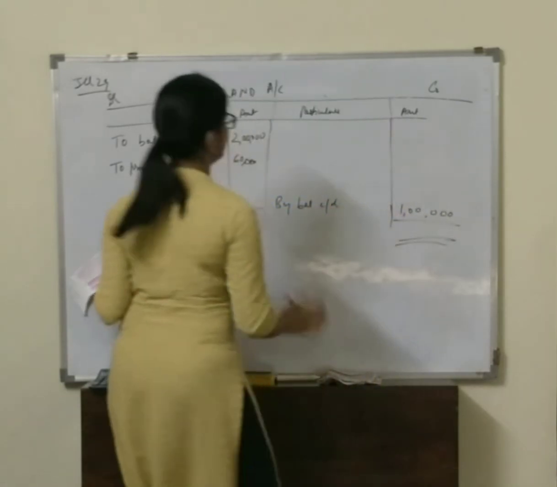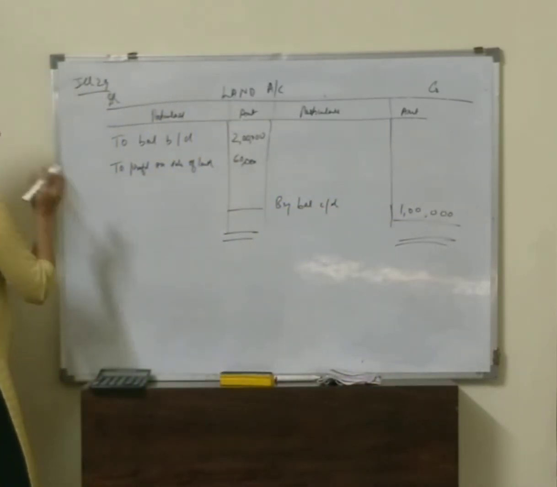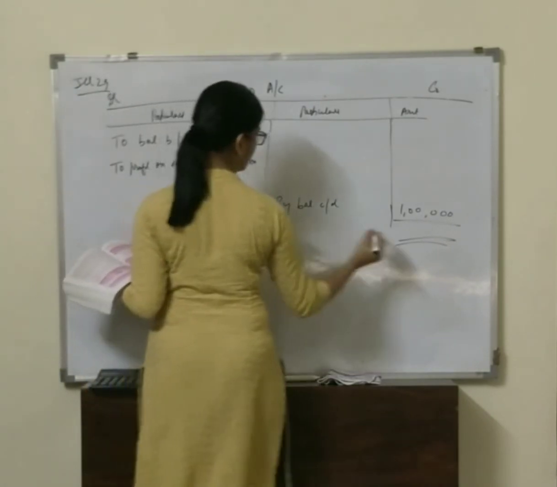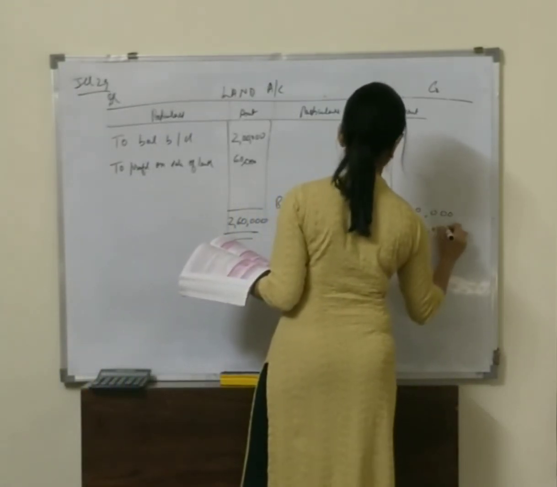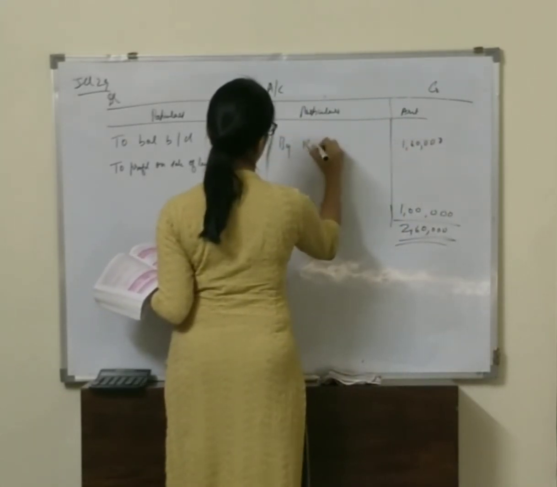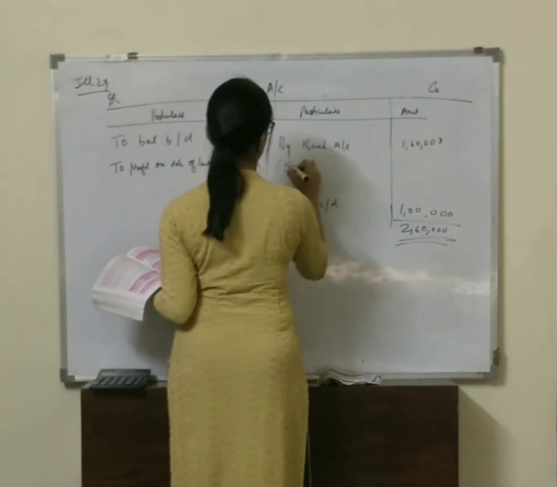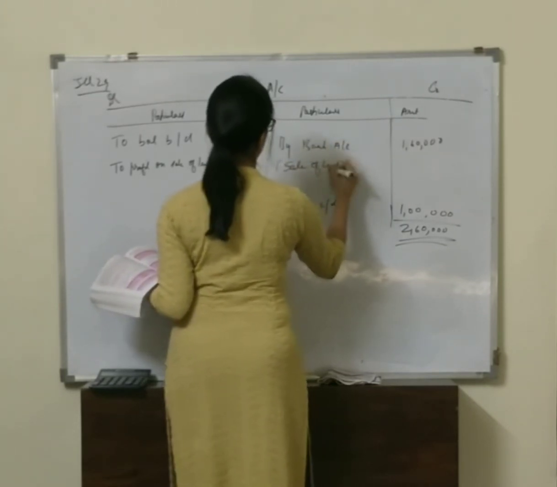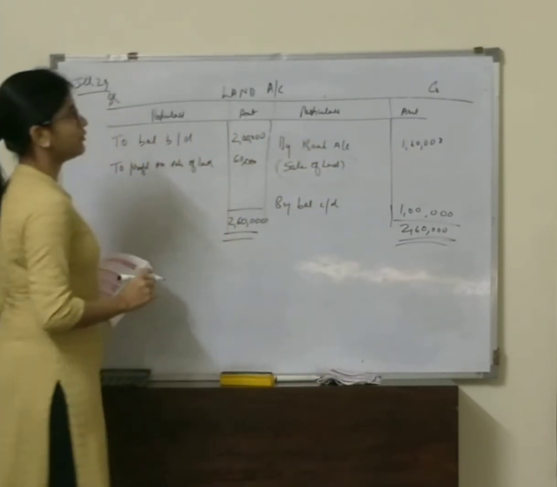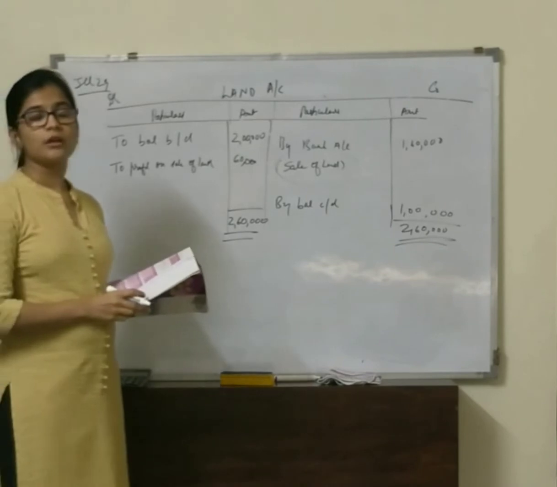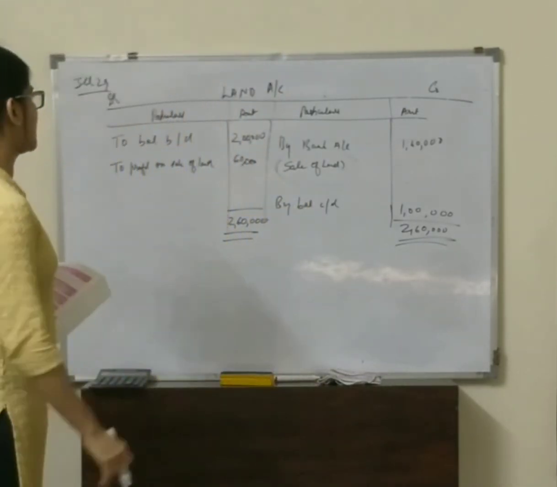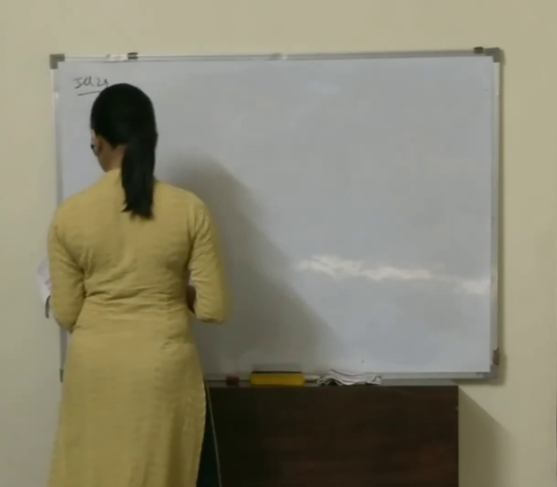Which side total is more? They are not giving us any depreciation or appreciation. This is all that has been given in the problem. So debit side total is 2,60,000. So the balancing figure this side would be by bank account, that is sale of land. When the debit is more than the credit, it is sale of land. In case of machinery account, our balancing figure was purchase of plant and machinery because credit was more than the debit. So we have prepared two ledger accounts.